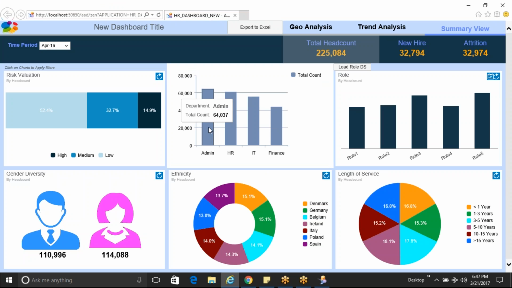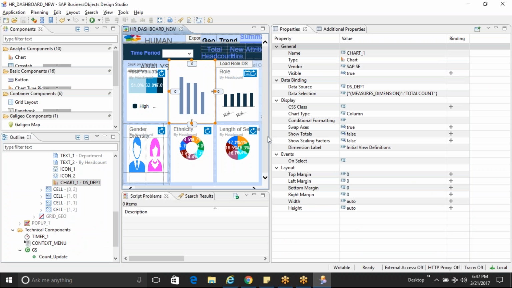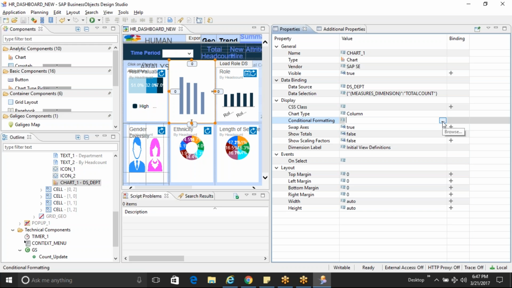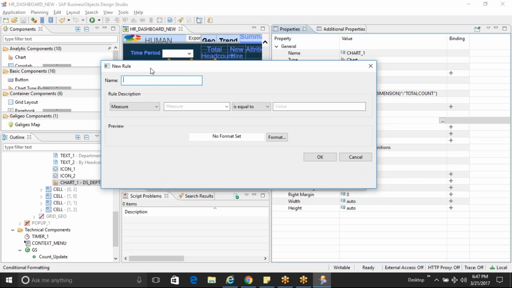Yeah, so this admin data is 64,000, this is 61,000 something, this is 55 and 44. So let's put a condition that if it is more than 60,000, then show in green. If it is less than 60,000, show in red. So select the chart, and there is a display property, conditional formatting. There you can define your rules. So for your rule you can say, okay, rule for green, or you can say high. If my measure value, that is total count, is greater than